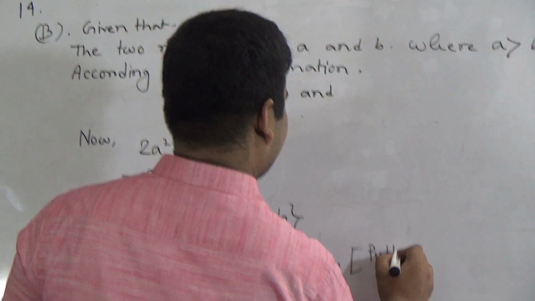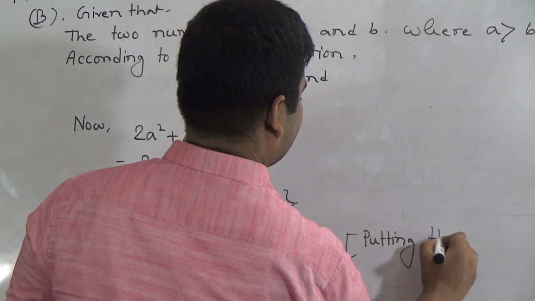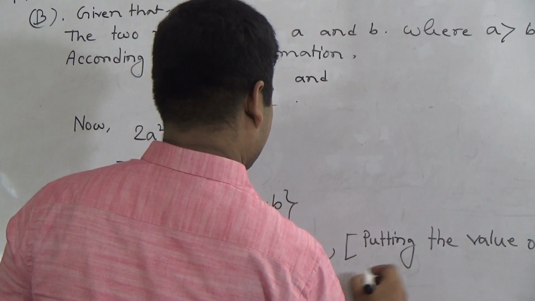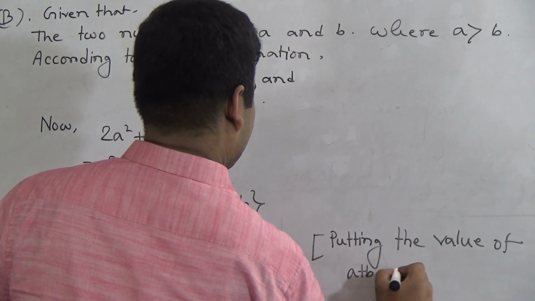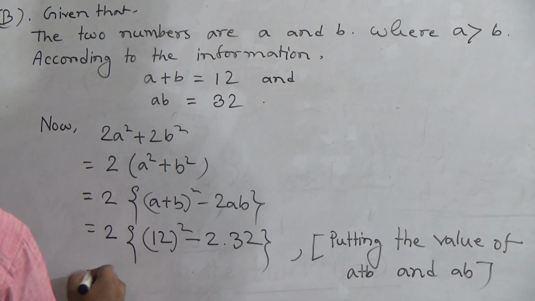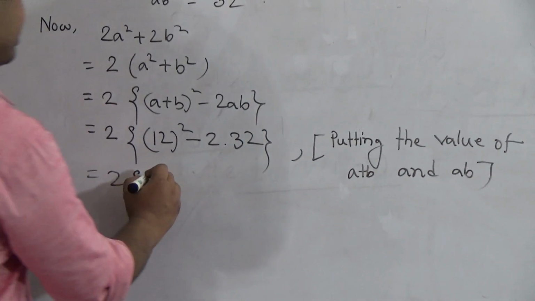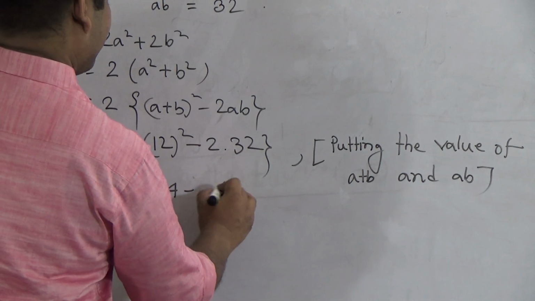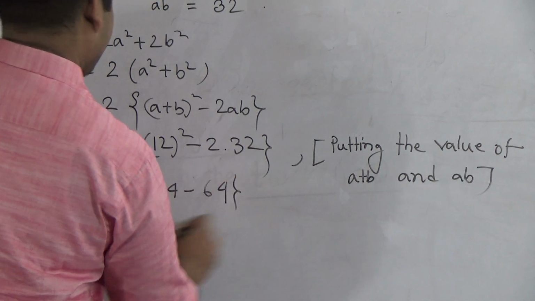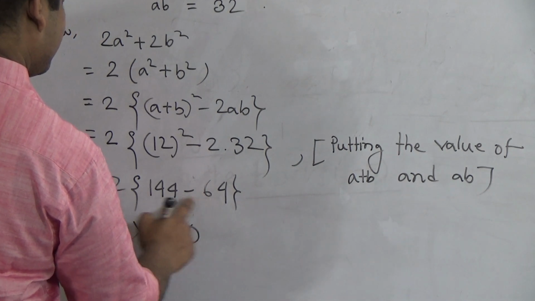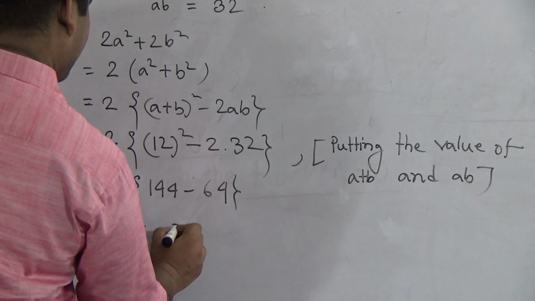Now here we give a side note: putting the value of A plus B and AB. Okay. Next, if we do the square of 12, then we get 144, minus 2 2s are 4, 3 2s are 6. Okay. Now 2 is multiplied with 4,